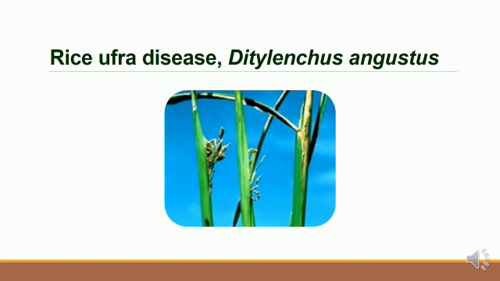The ufra symptom may be grouped as swollen ufra and ripe ufra. In swollen ufra, the panicle does not come out. It remains enclosed within the leaf sheath and the infected portion tends to branch. In ripe ufra, the panicle emerges partially and bears filled grains at the tip only.